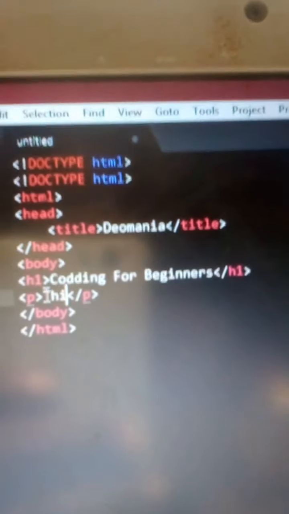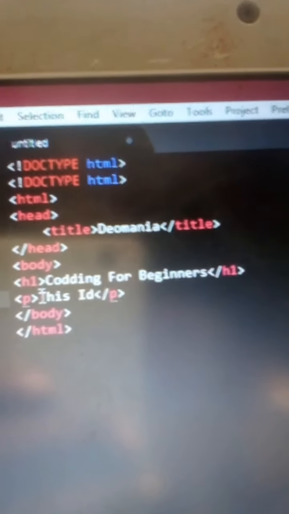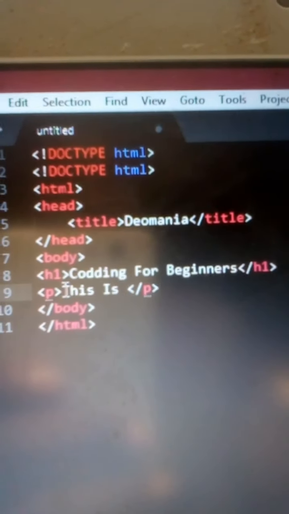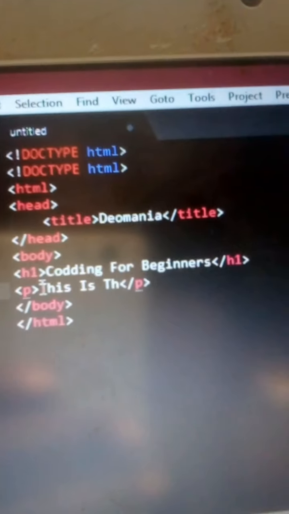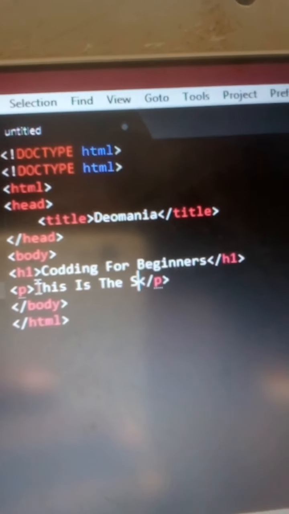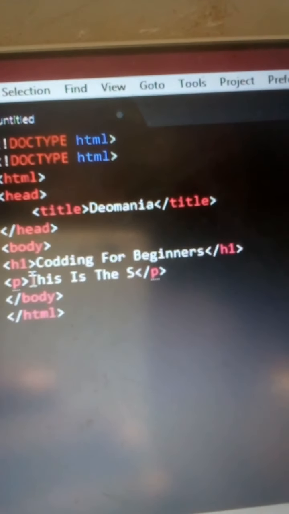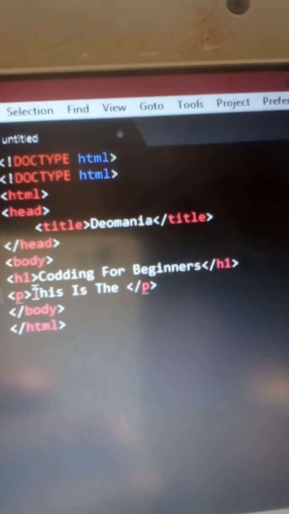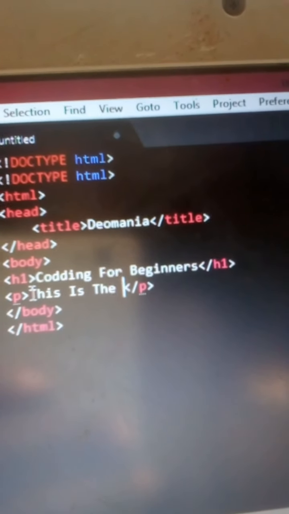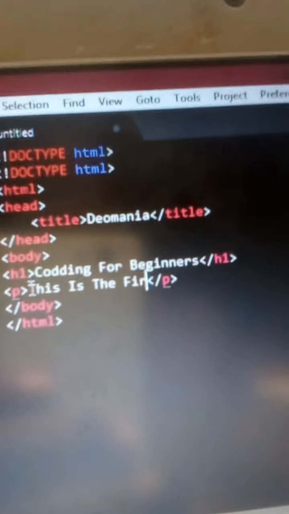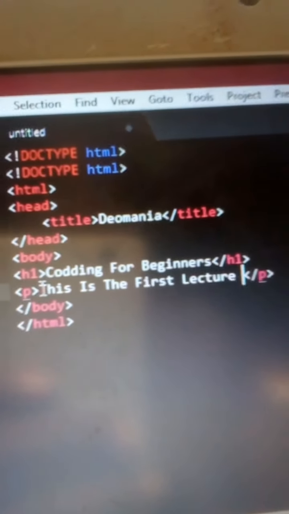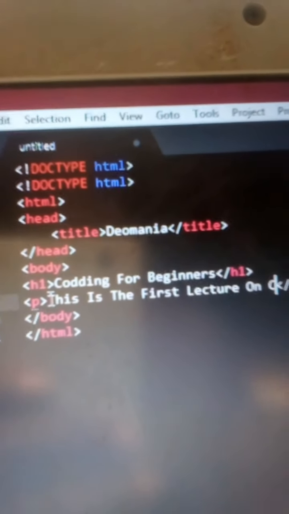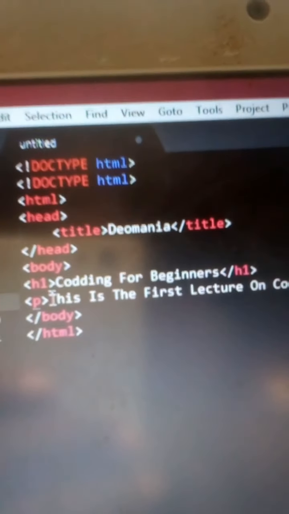This is the second lecture on coding. First lecture on coding. Good. As you can see there,